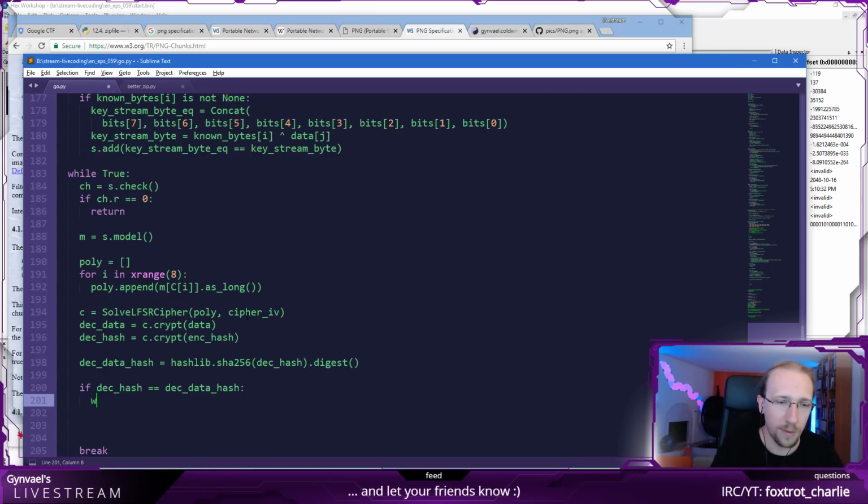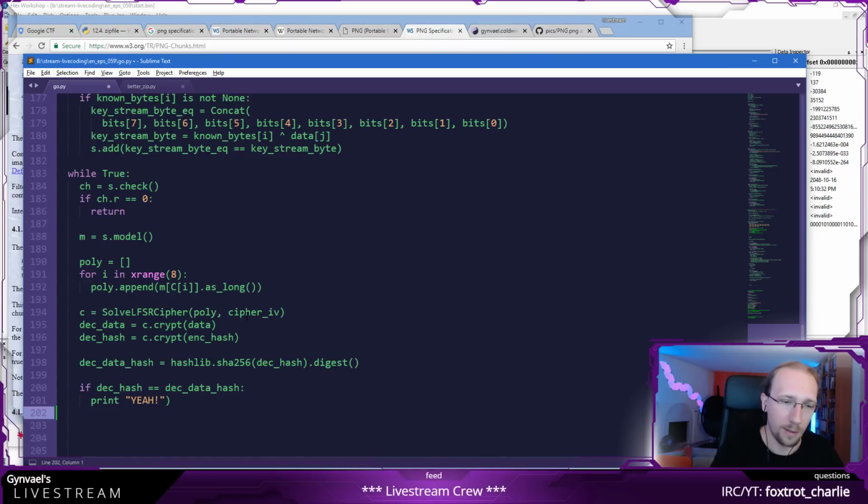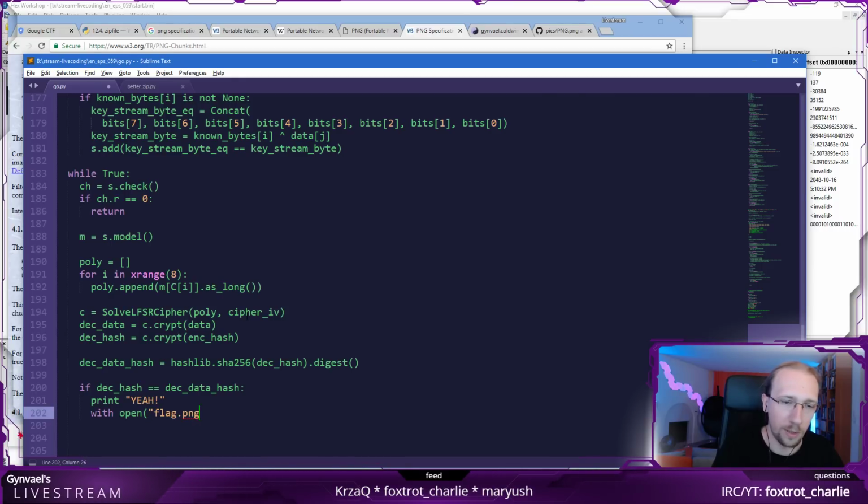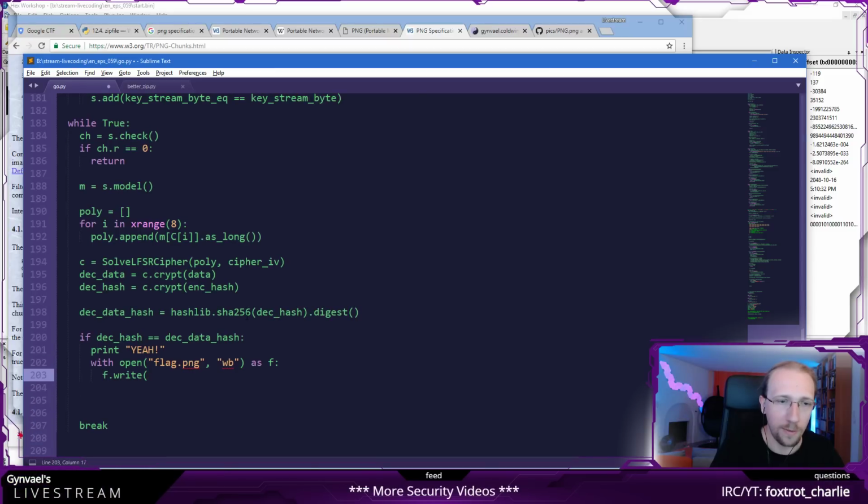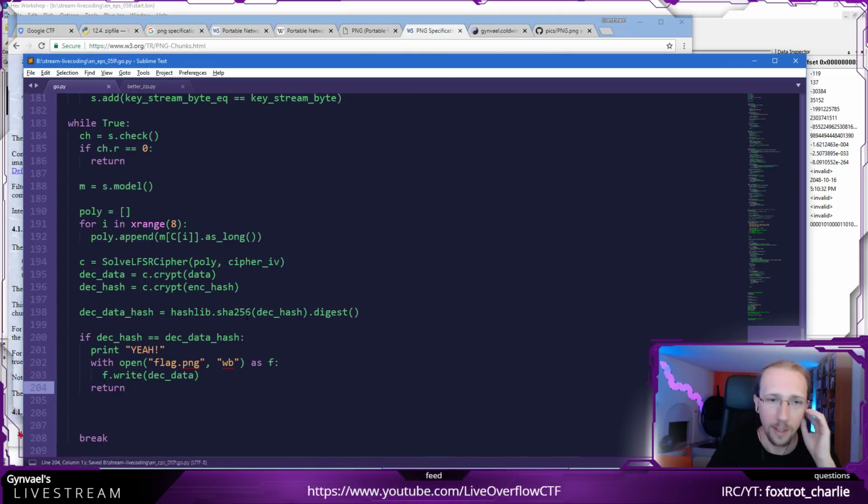So what we can do is like print, yeah, and write it to a file. Open with open flag.png, write binary as f, write the decrypted data. Okay, and that's it, like return. We don't have to do anything, we just need one solution.